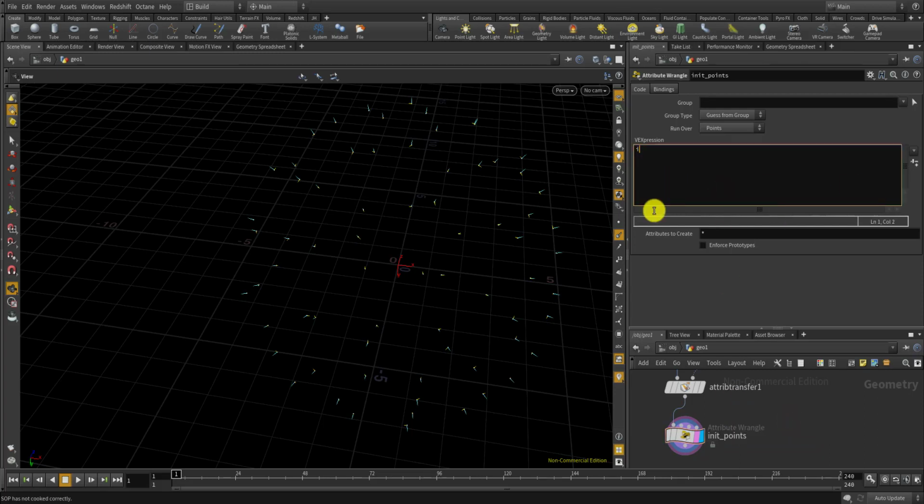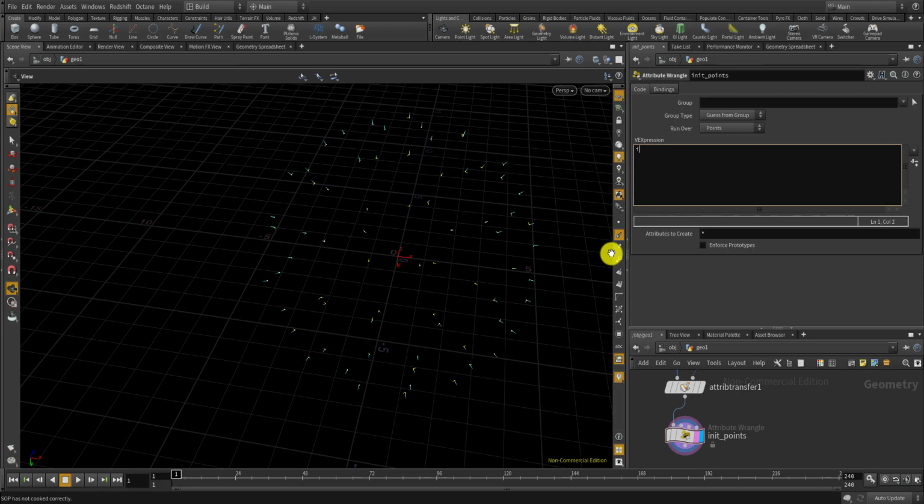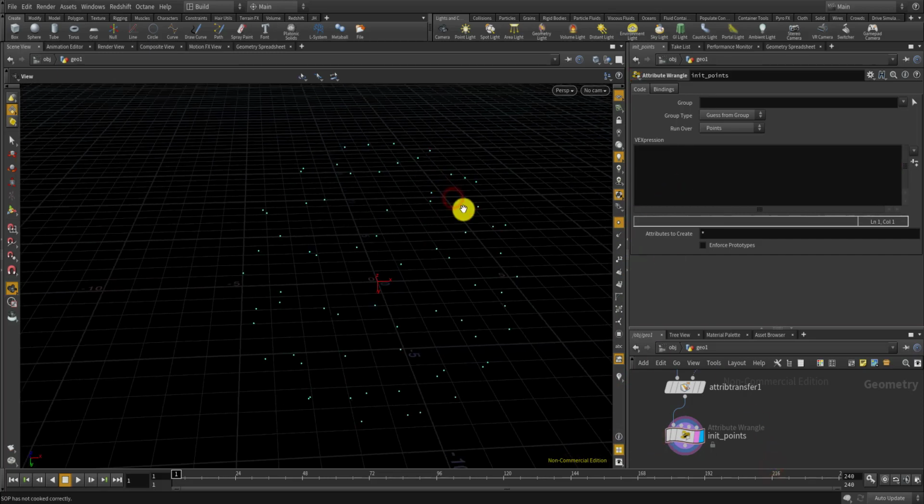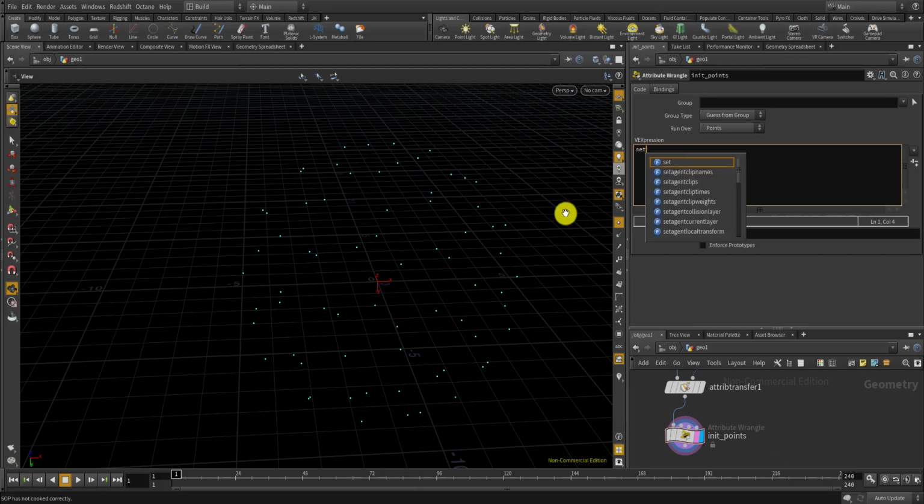And first of all, all of these points should be the base points. So I will set the group to say that these points are included in the base group. So set point group base ptnum to 1. Okay,